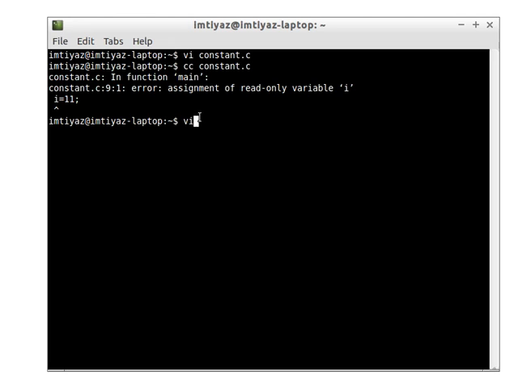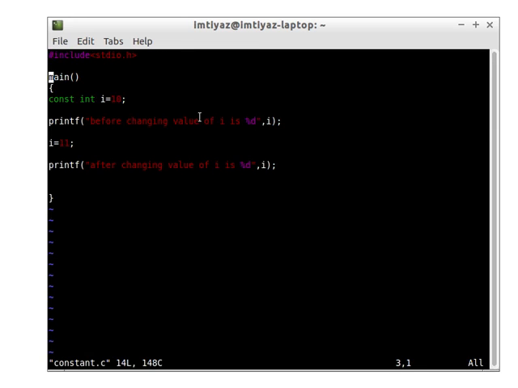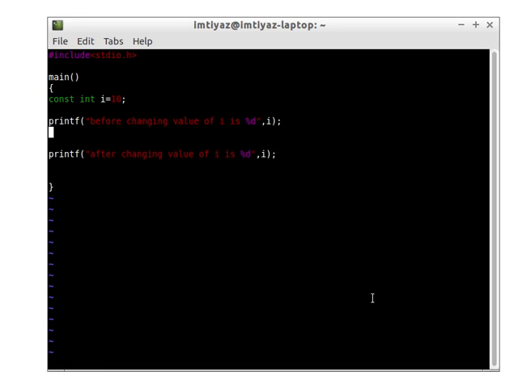So now we need to go into the program and remove the second assignment, in constant.c. Here the problem was with this statement, line number 9. As you can see, the line number is given, that is 9, and the first character. As you move the cursor, you can see the change in the digits. That is also helpful in this editor. So we need to remove this. First we go to insert mode, then backspace to remove all this, and then escape, :wq to